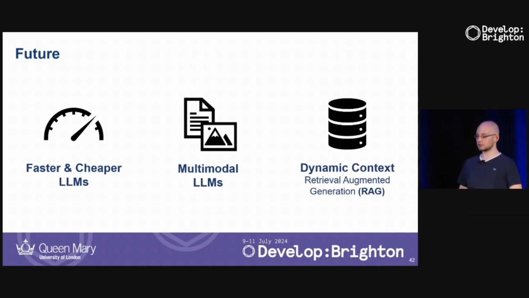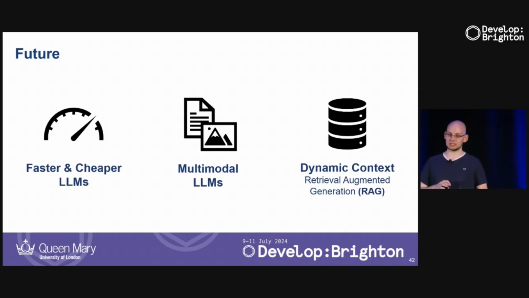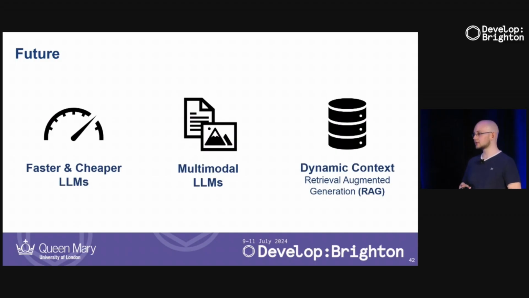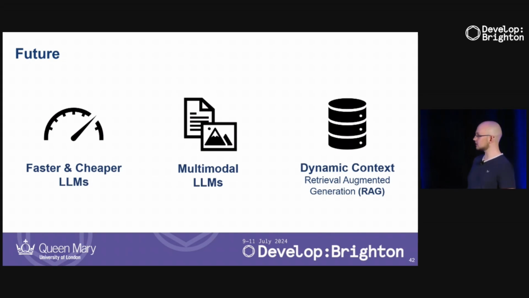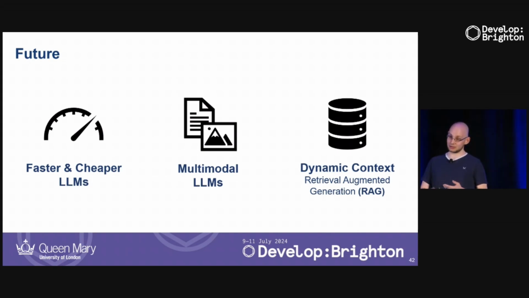And finally, dynamic context. We've seen that LLMs work best if you describe in very high detail how to play the game. So it would be nice if we can just say, given the current situation that you're in, we're just going to inject whatever you need to know on how to play well into your prompt so it can automatically play the game in a very good manner. And this is called retrieval augmented generation. Now, it doesn't work very well for games yet. It's mostly for text prompts. But of course, again, research is going into how we can do this for other scenarios.